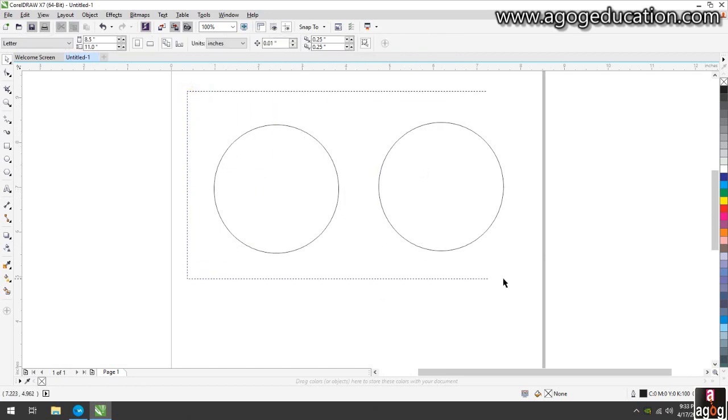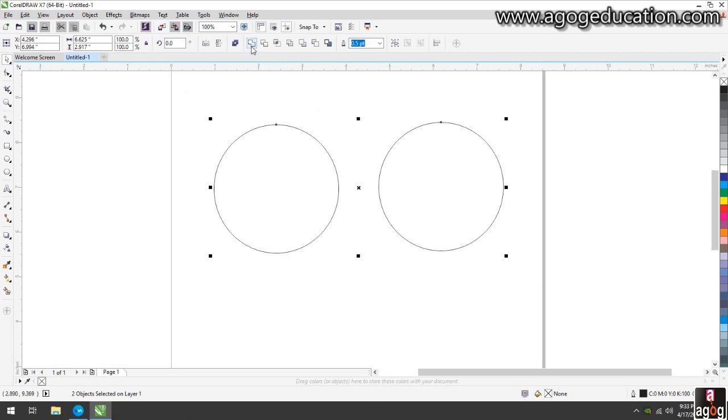When you select both objects, you will see the shaping tools appear in the property panel. First is weld, second is trim, third one is intersect, then simplify, front minus back, back minus front, create boundary. What all these tools are doing, we will see in this example.